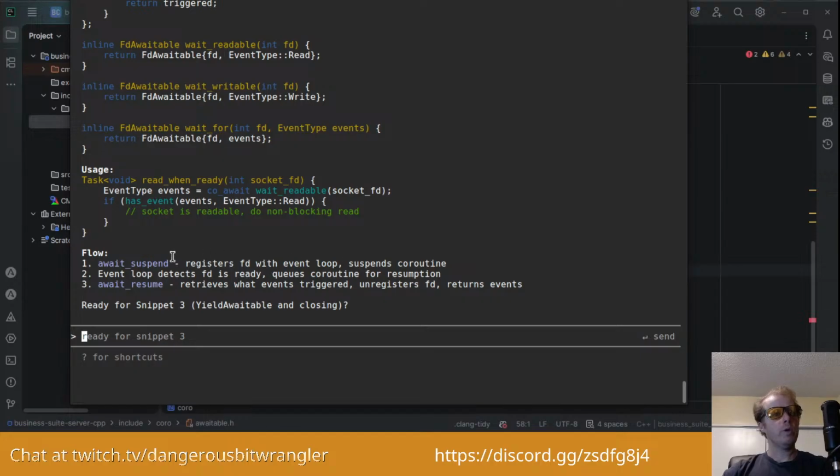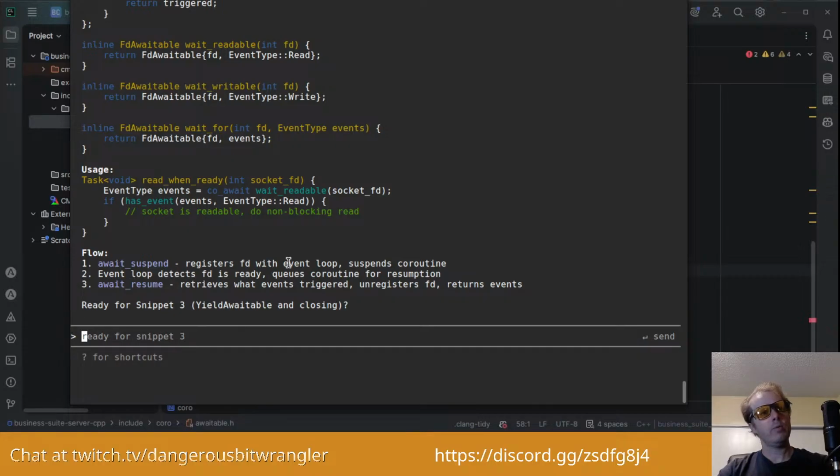Okay, so await suspend registers the file descriptor with the event loop and suspends the coroutine. The event loop detects the file descriptor is ready and queues the coroutine for resumption. Interesting.